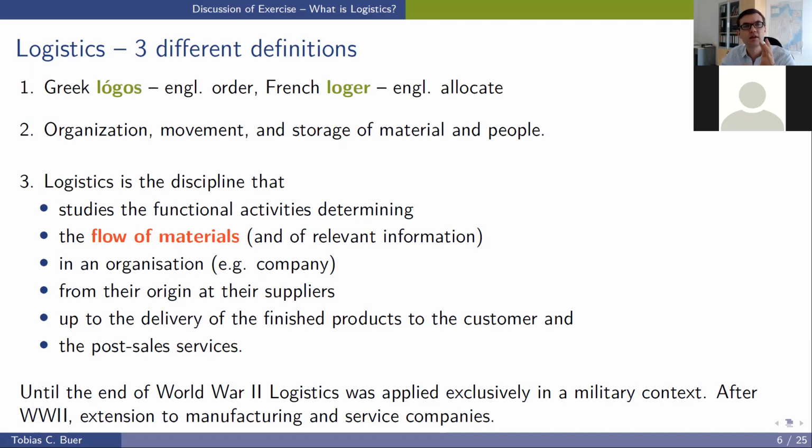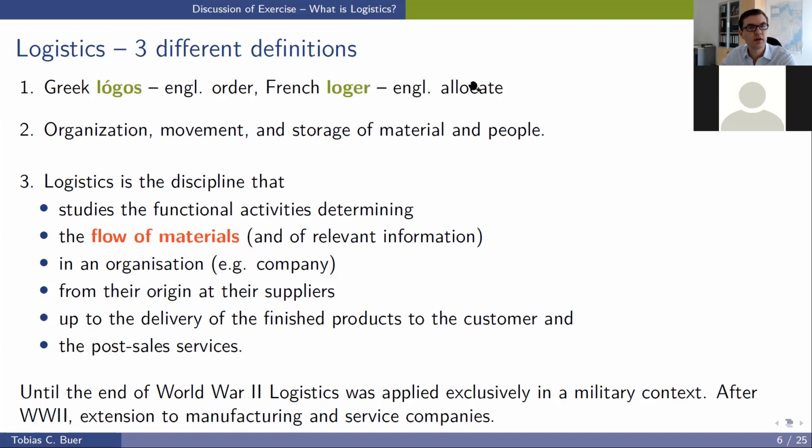We are deciding where to place our location for our warehouse, for example. We decide, if you think of the economic order quantity and the inventory management, we allocate resources, we make the decision what quantity of a good we should order for our warehouse. Yeah. So this is in this allocation decision.